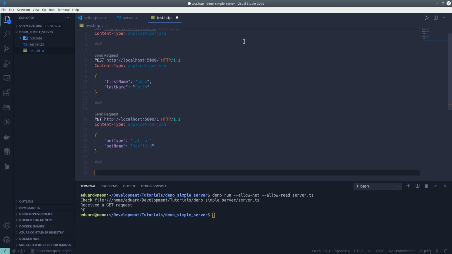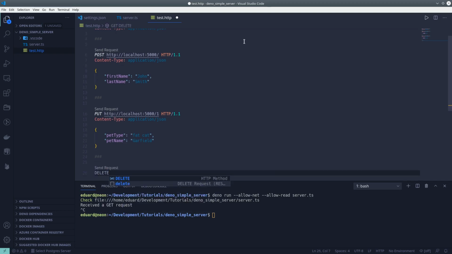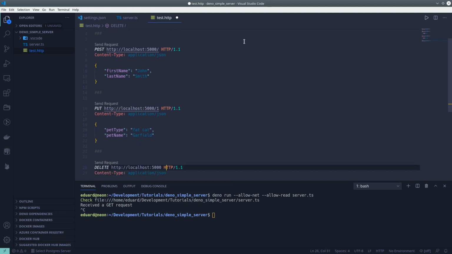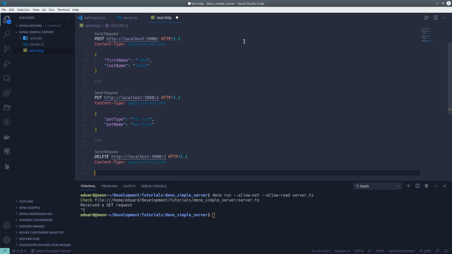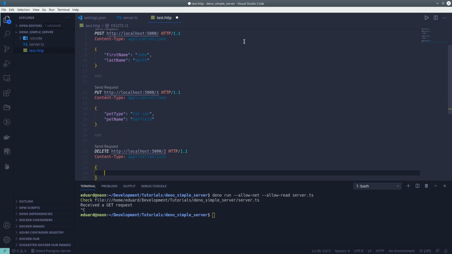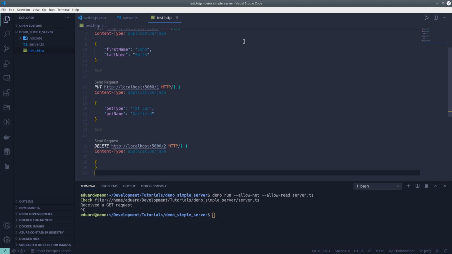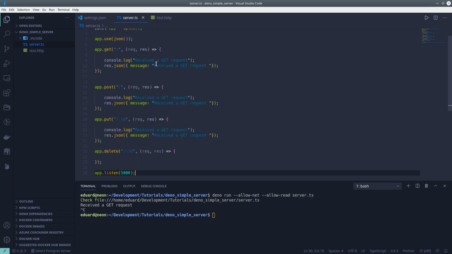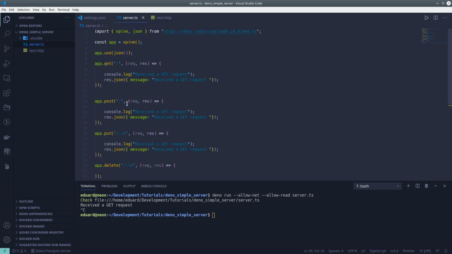and for the delete request, again I'm going to specify, for example, 2 in this case, and an empty body. Okay, so in this case we are going to continue implementation of the post request here. So received a post request, and